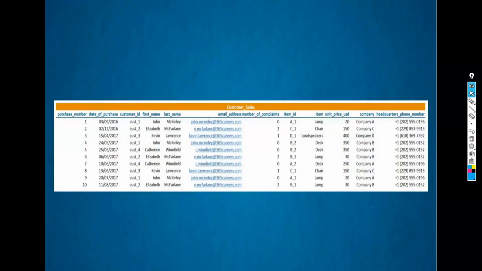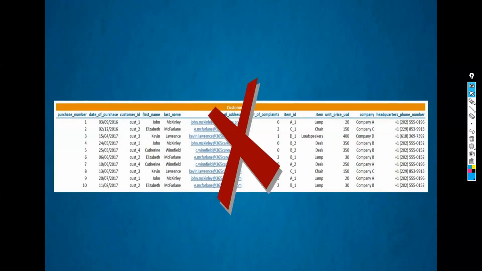Total number of values, how many are there? 120 values. Now, for one value, let us take one byte of space. Let's take that as an example. Now to store this entire data, how many bytes of space will be used? 120 bytes. Now, instead of storing this entire table in 120 bytes, I'm going to create